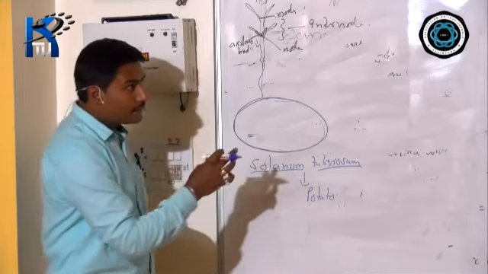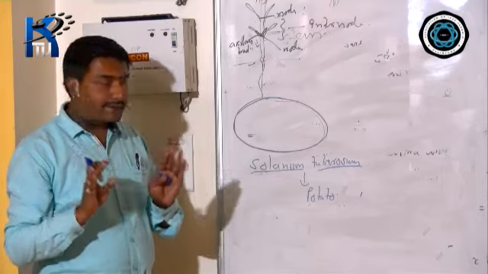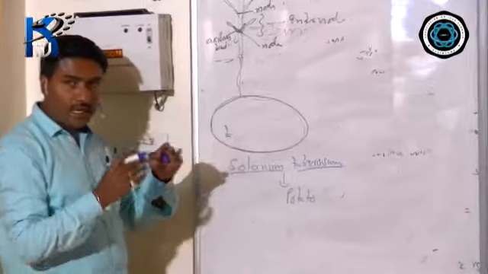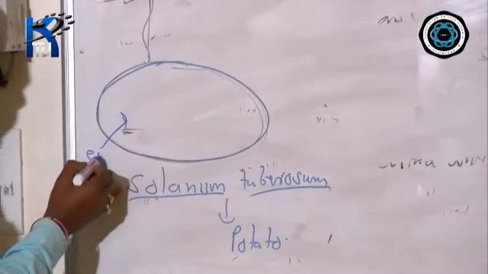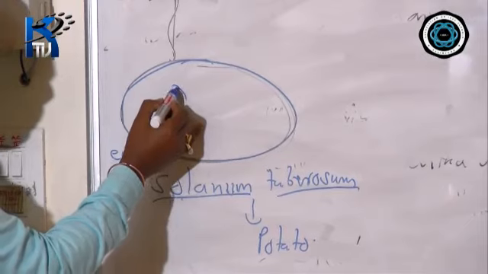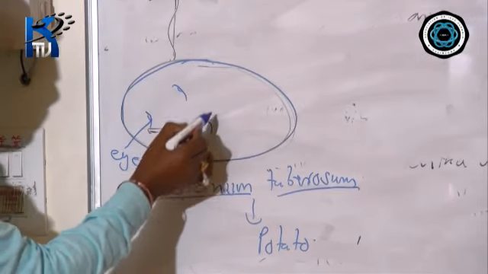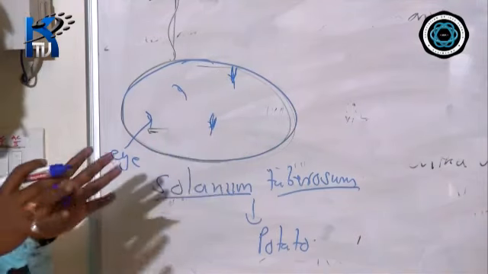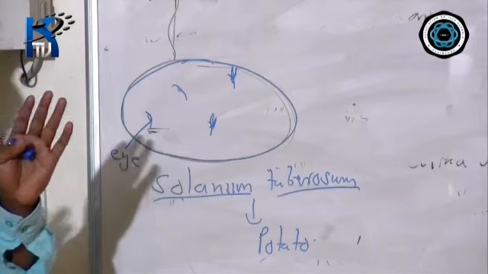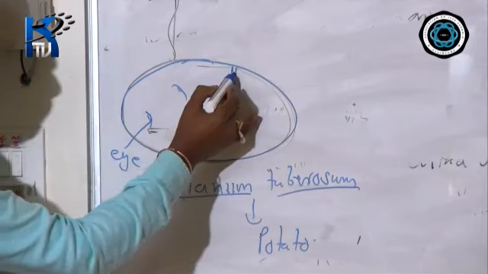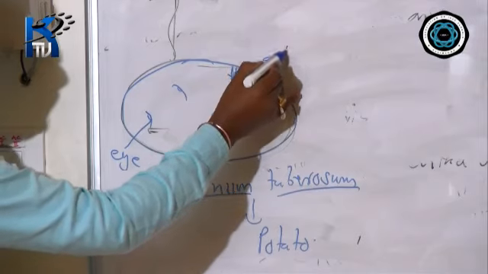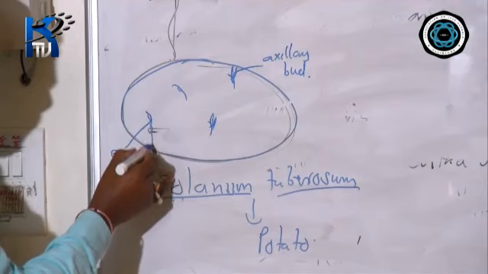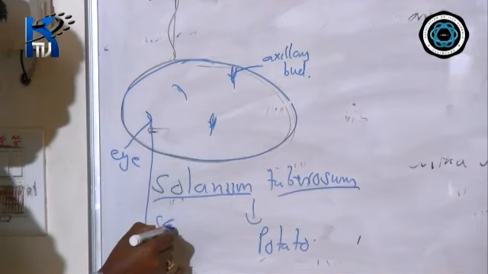So this potato is an underground modified stem. Why? Because you will find this type of structure. Okay, a crescent shape, half moon shape structure. This one you call an eye. Again, at some interval you will find this type of structure. And when the potato remains for a longer period of time, you will find small buds coming out. Okay, you call it an axillary bud. This scale-like mark that you see, you call it scales.